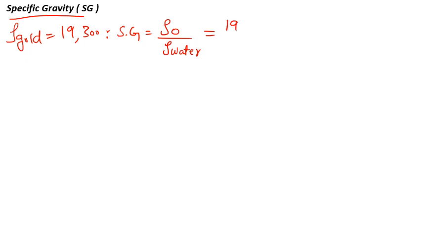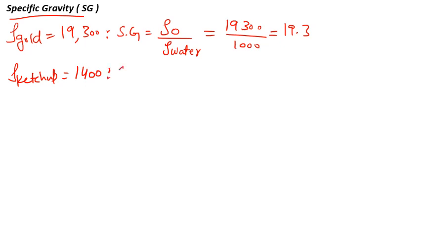That is 19,300 divided by 1000, which is the density of the water, and this becomes equal to 19.3. इसी तरह density of ketchup is 1400, so specific gravity in that case becomes 1400 divided by 1000, that becomes equal to 1.4।